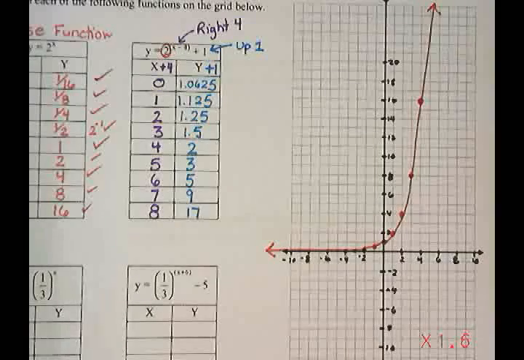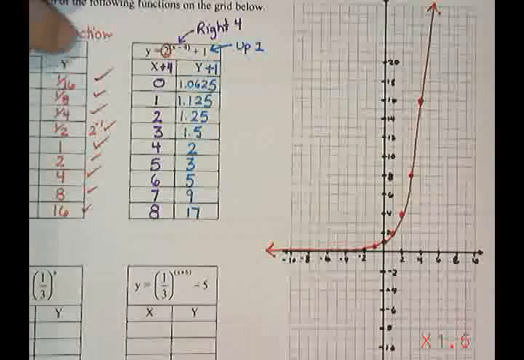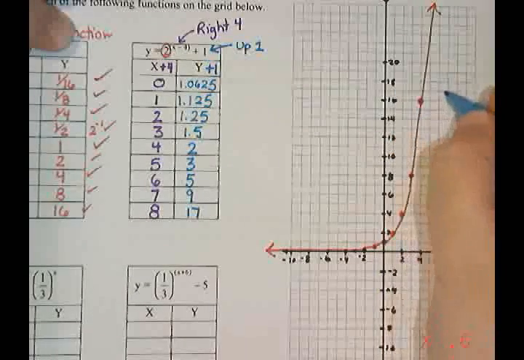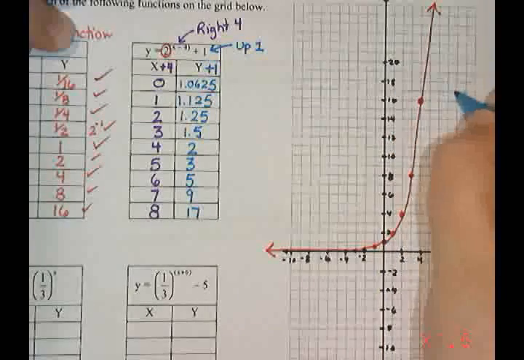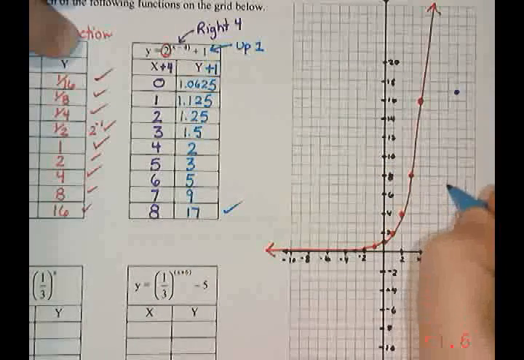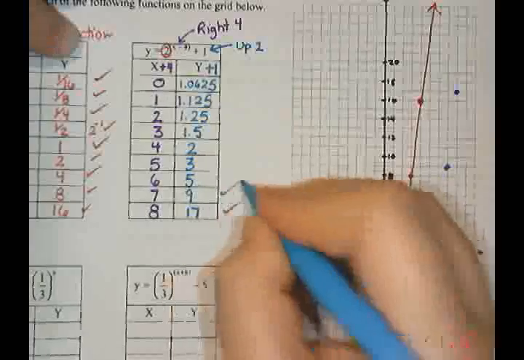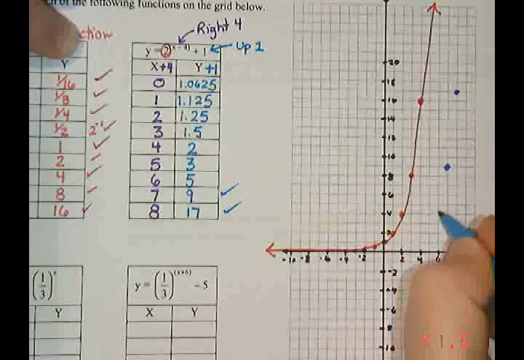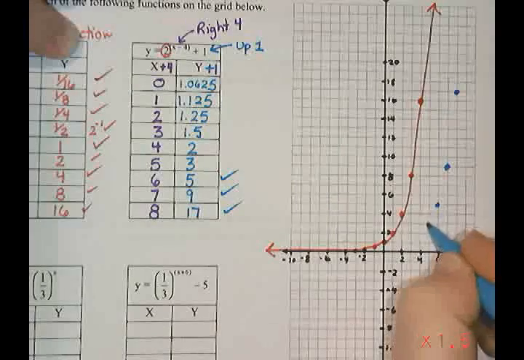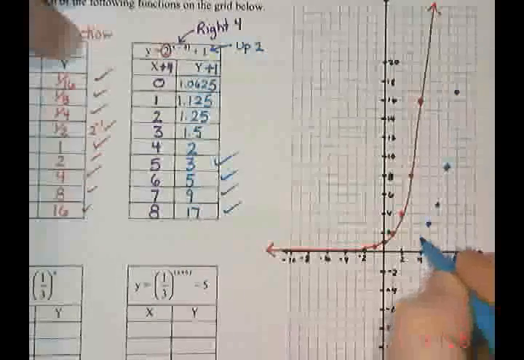All right, so let's do the next one. So I'm going to plot the points. I have 8 and 17. 7 and 9, 6 and 5, 5 and 3, 4 and 2,